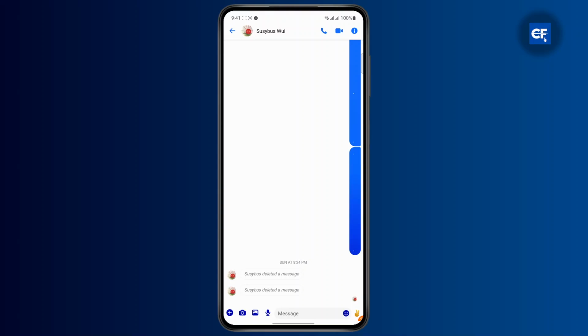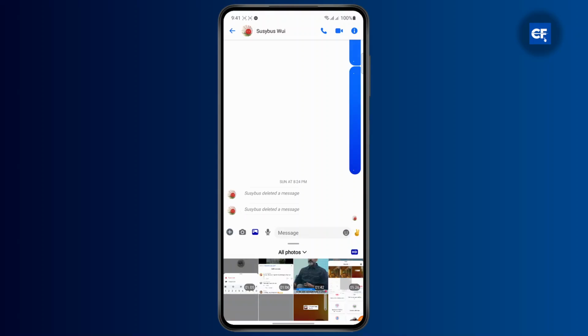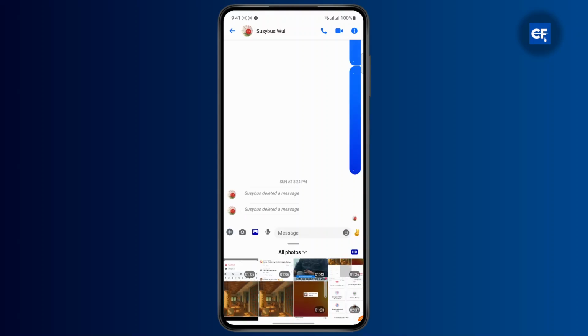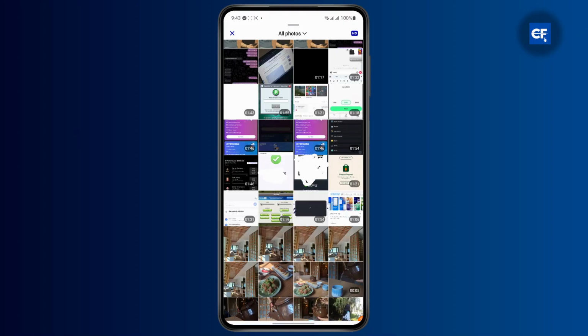And once you have done that, you can tap on the gallery icon by tapping the gallery option right here. Now you can just select an image that you want to send or that you want to send in HD. Now from here, you can just select the image that you want to send and simply tap on the edit